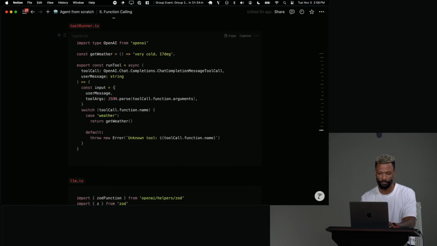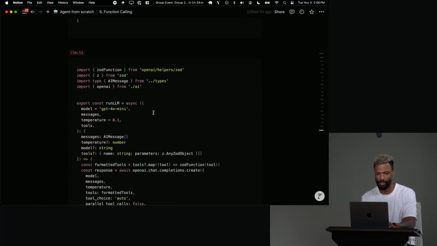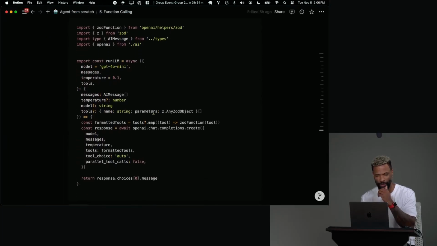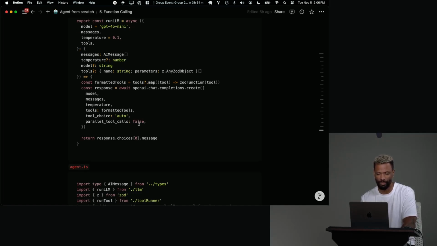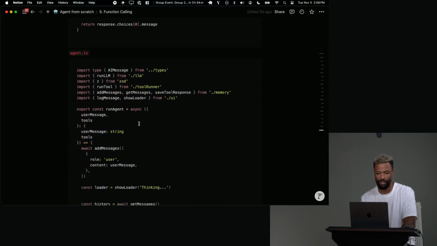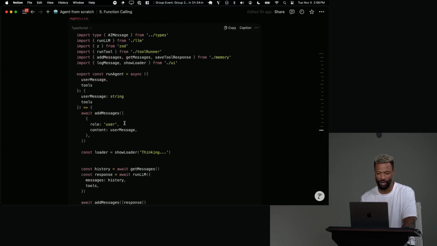Okay. So we got that. The next thing we want to do, I think we already kind of did it. Yeah, we already did this. So having the tools here, passing them in, everything works great. I think we already did that, so we're fine. We need to just go adjust our